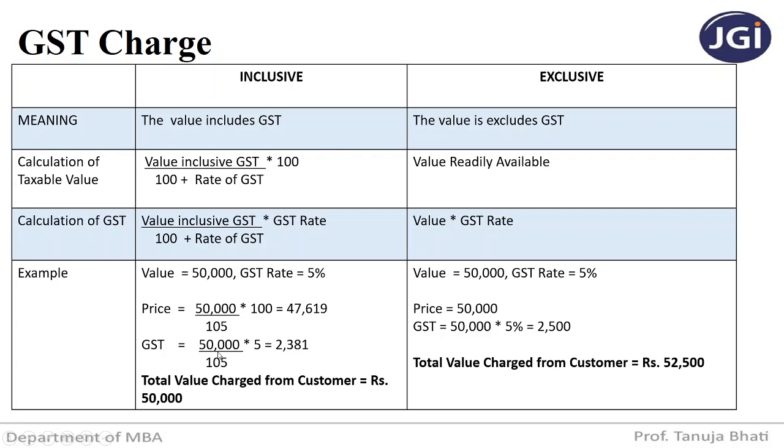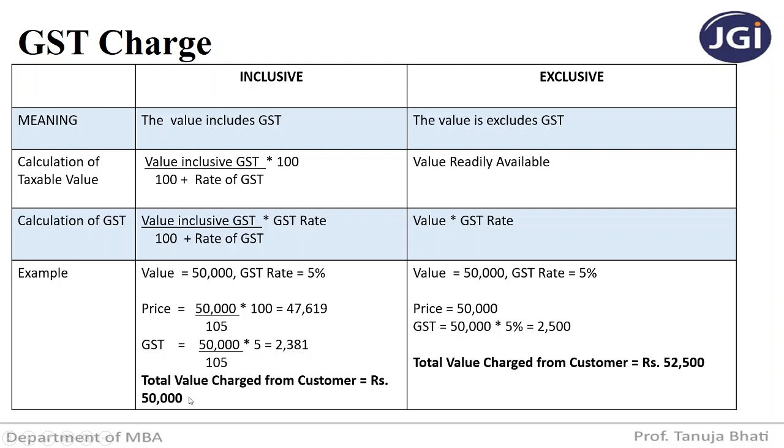Now how do you calculate GST? It is 50,000, that is value inclusive GST, divided by 100 plus rate of GST, which is 105, into GST rate, which is 5%. You get 2,381 as the GST. So total value charged from the customer is 50,000, out of which the basic price is 47,619 and the GST is